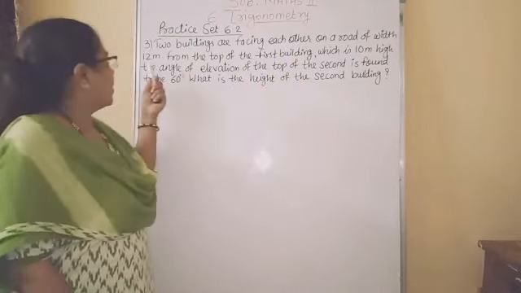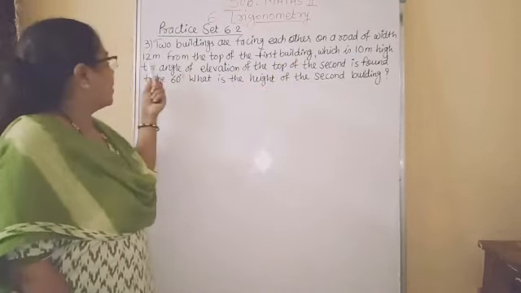Okay. Now see, the question is related to two buildings. So we have to represent two buildings which are facing each other. That is, we have to draw two vertical lines which are perpendicular to the road. So we will draw the figure. First we will draw the width of the road. This width of the road is given as 12 meters. Here they gave, see, road of width 12 meters.